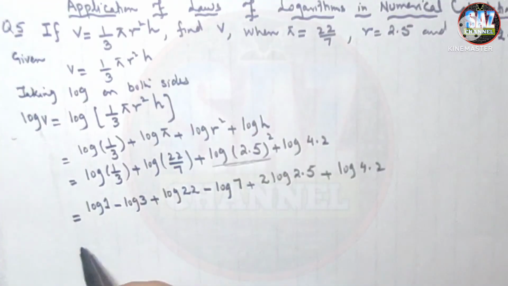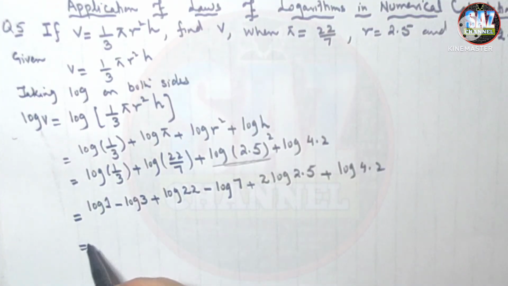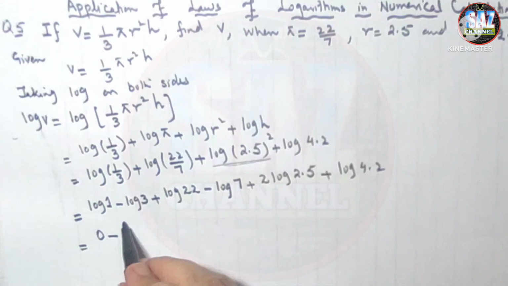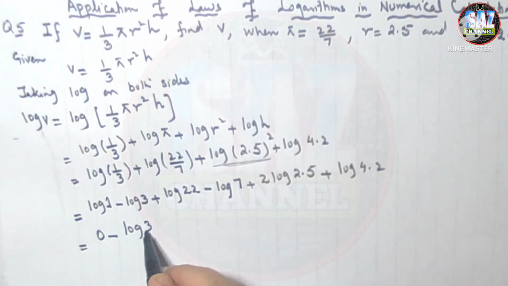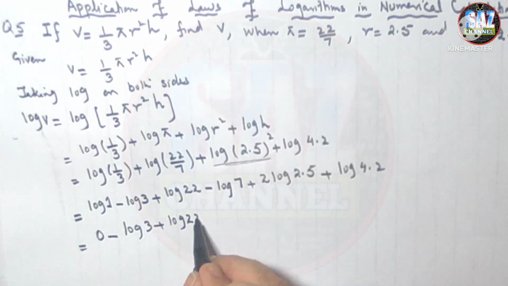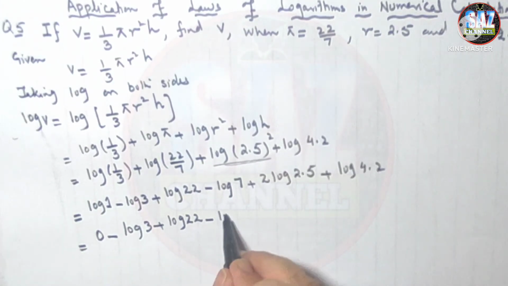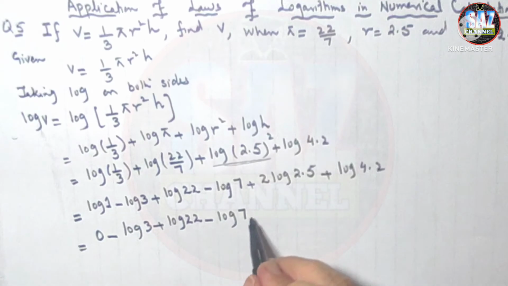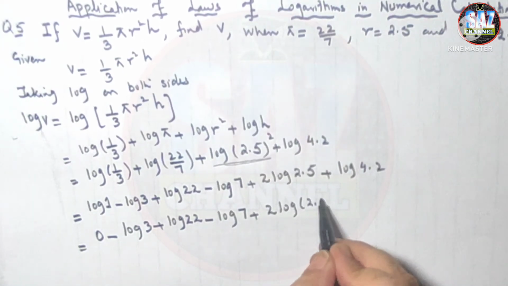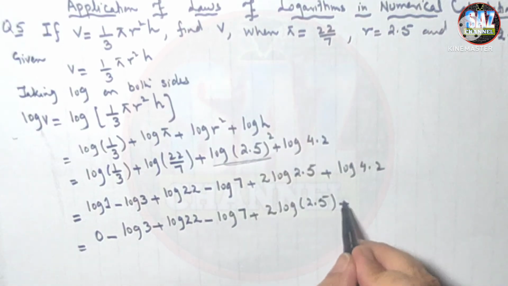And so it means that this part will give me the answer 0 minus log of 3 plus log 22 minus log 7 plus 2 log of 2.5 plus log 4.2,